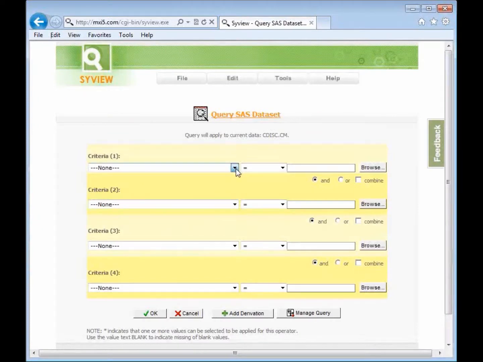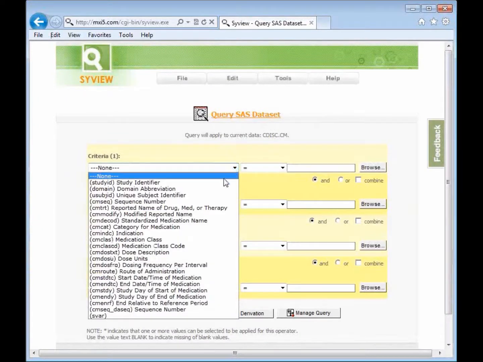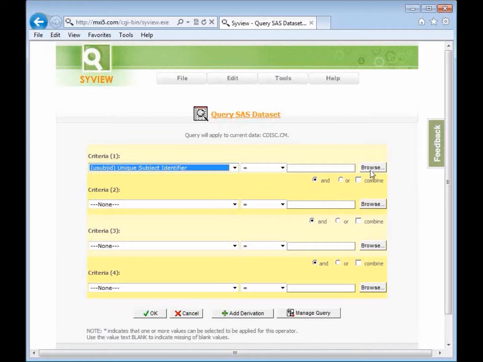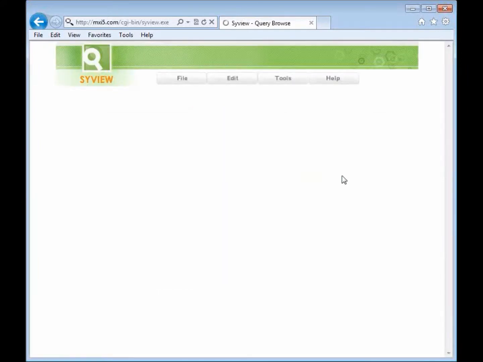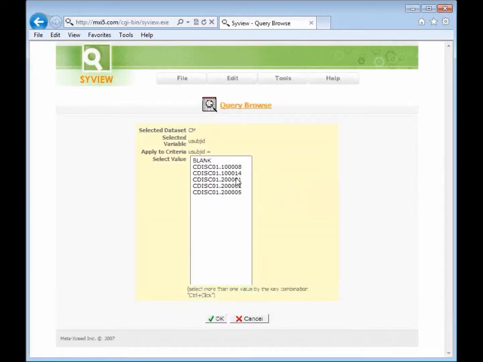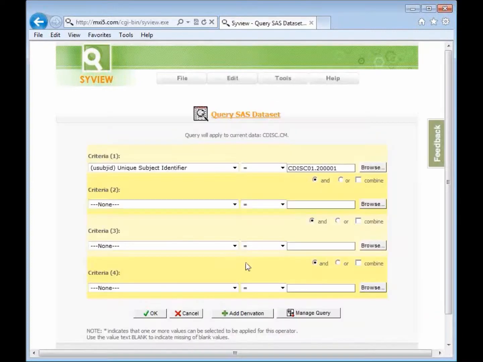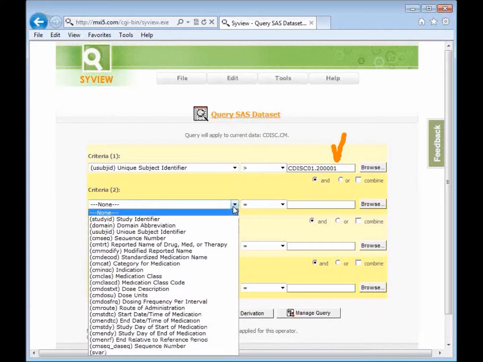I'm going to go back here, and I'm going to do a compound expression. So, for example, I can still select the subject ID here, but I can select another patient, 01, and I can change that operator to be, for example, greater than. So this will be all the other patients that are greater than this 01. And I can have a second criteria. For example, if I were to click on